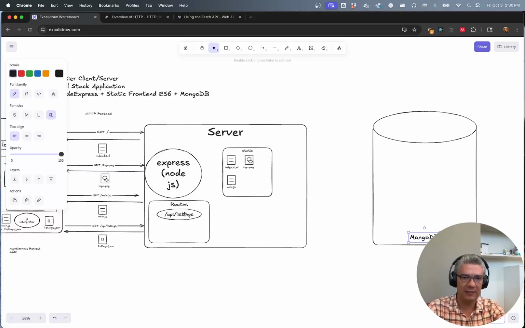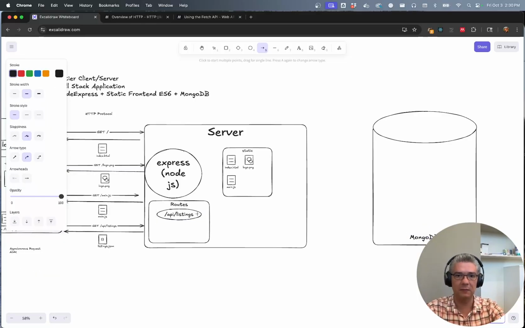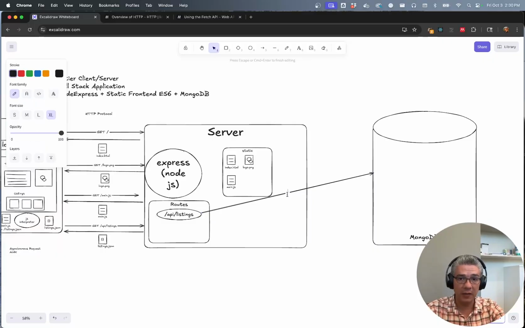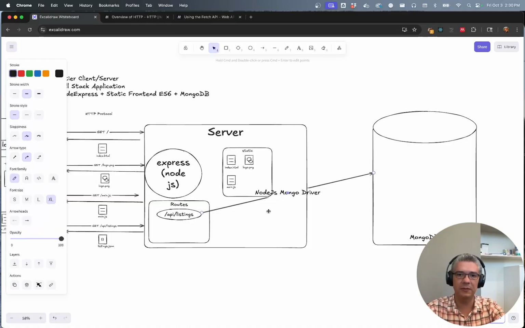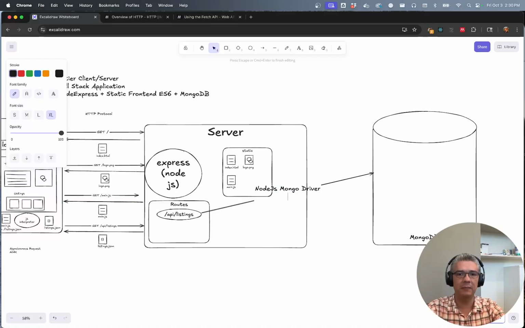And then what is going to happen is that this route in here is going to be the one that makes a query. We are going to be making a query directly from there to here. And in this case, we are not going to be using the HTTP protocol anymore. Instead, specifically for this, it is going to be using the Node.js Mongo driver. And in that one, it is going to be running a query, and that query can be run on MQL or